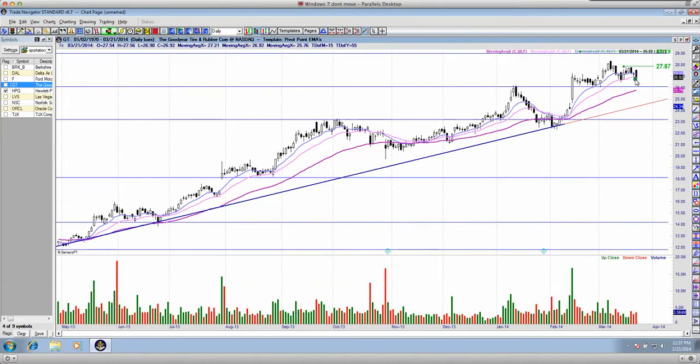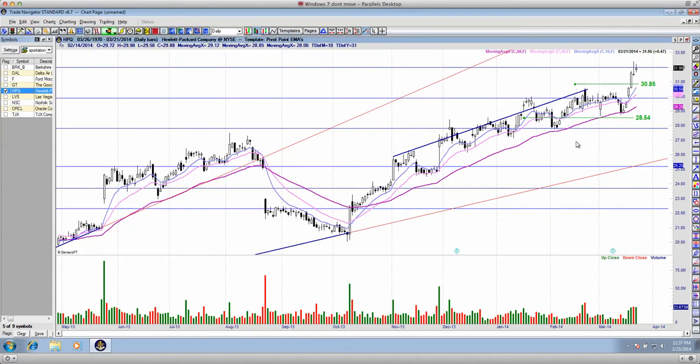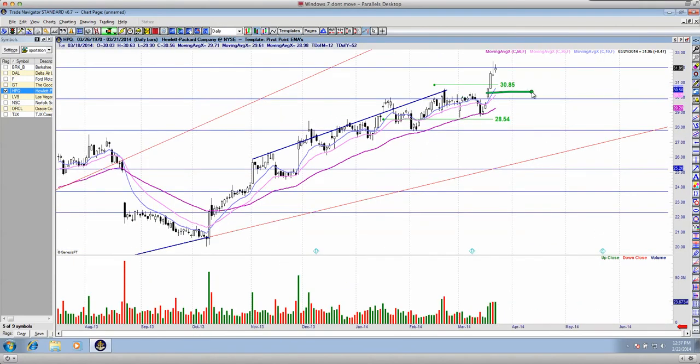It's simply just waiting for the next move higher, and that's really going to come in at about $27.87 a share. Another share which triggered last week was HPQ. We had a 30.85 bullish entry and a 28.54 bearish entry. It traded up to resistance at about $32 a share. We liquidated, pardon me, our positions on Thursday with that shooting star candlestick, or an automatic entry to trigger out of